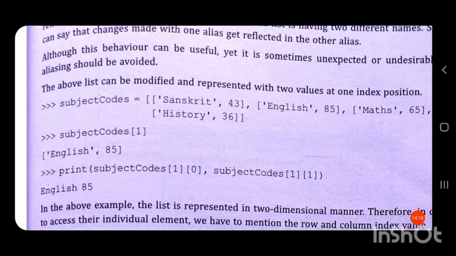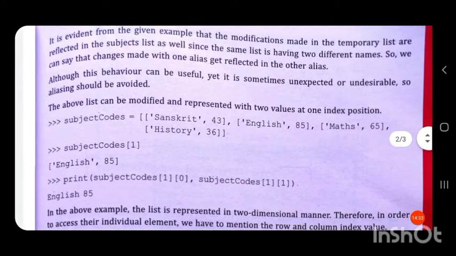Since it contains a nested list, it is represented in a two-dimensional manner. So, to represent two-dimensional data, we need index values for rows and columns.